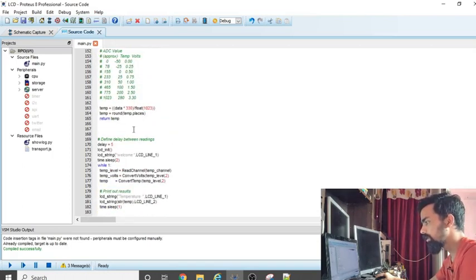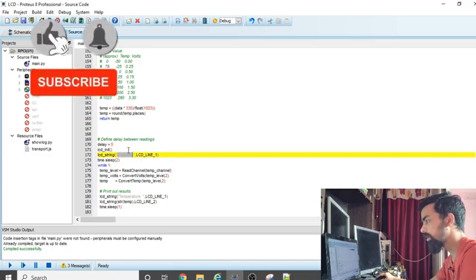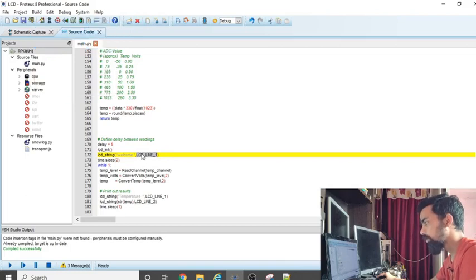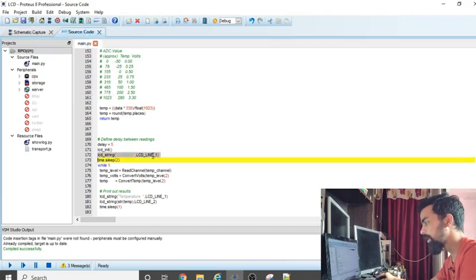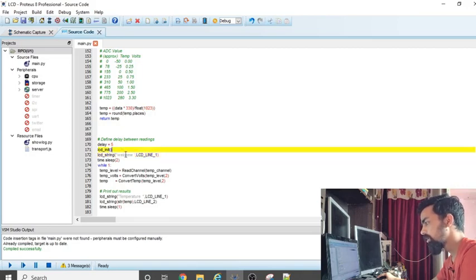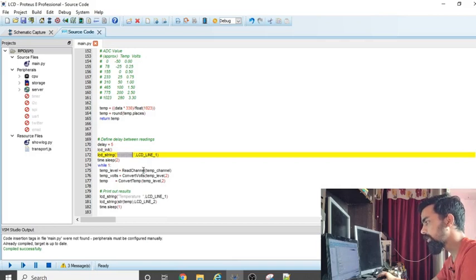So once the LCD gets initialized, the next part is we have to send the welcome message on LCD line number 1. We have already defined the LCD line number 1 variable, which is nothing but the 0 value. So lcd.string(welcome). Welcome is nothing but an array, and each element is 1 byte with its index. Index 0 contains W, index 1 contains E, the second index contains L, then C. We will do this iteration with a for loop.